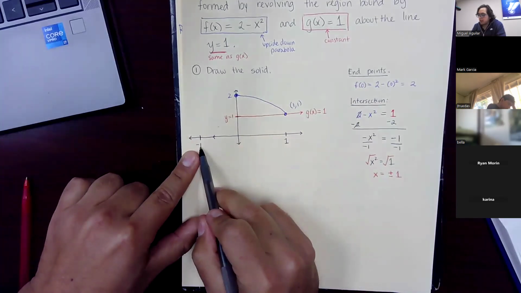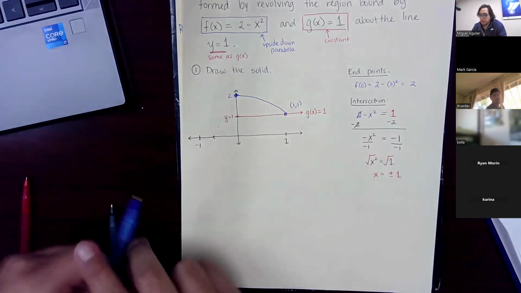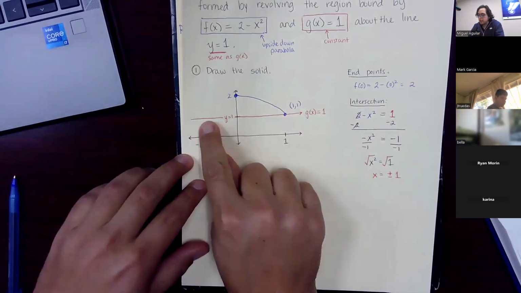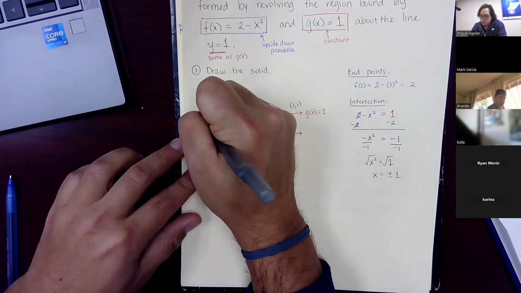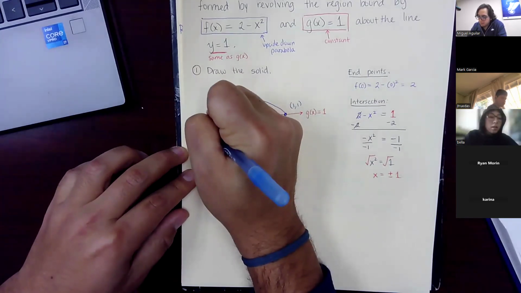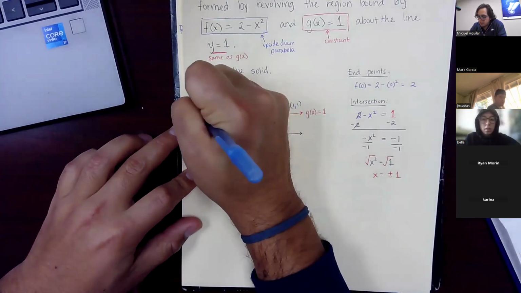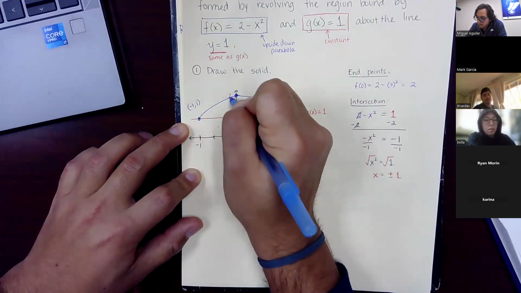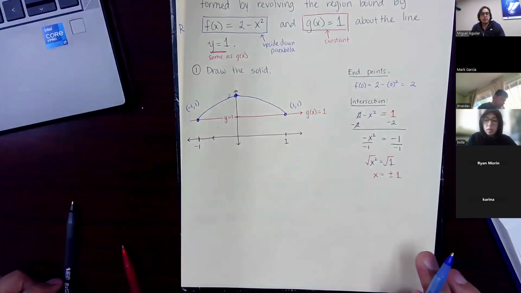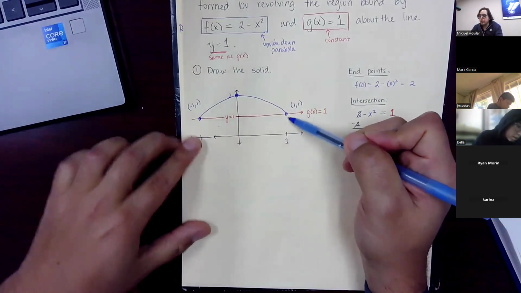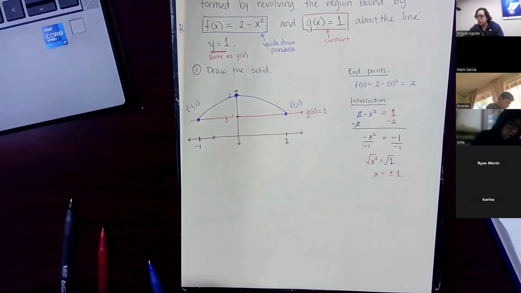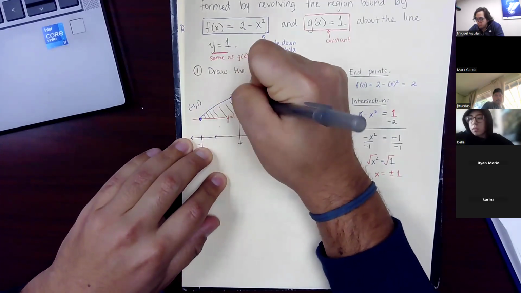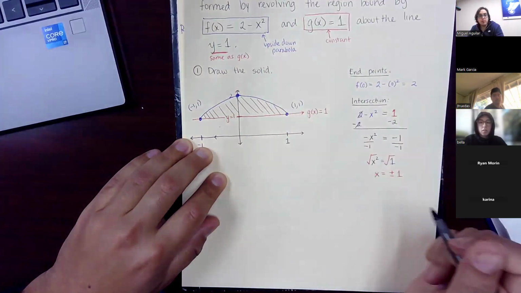And if I were to plug a negative 1 into that parabola, then I would also be hitting the other side of this constant function right here at negative 1 comma 1. So we have a similar sort of football shape here, but it's floating above the x-axis. Like this is the region here